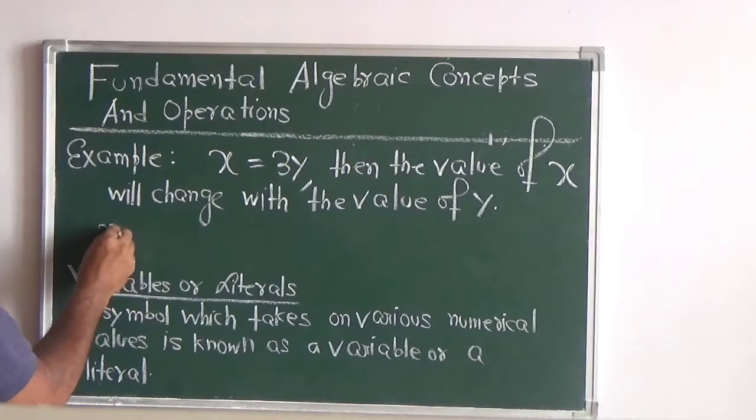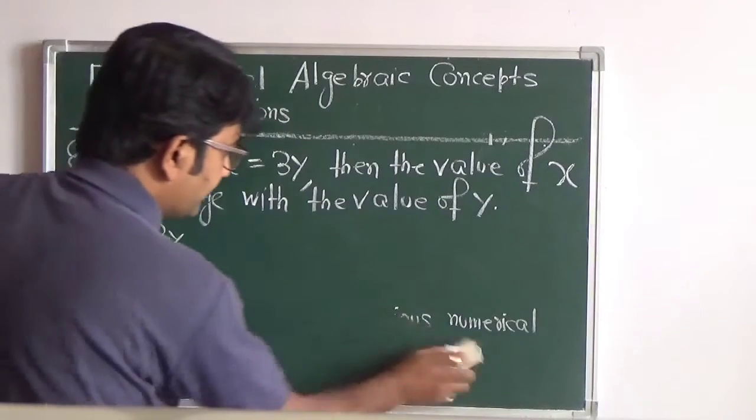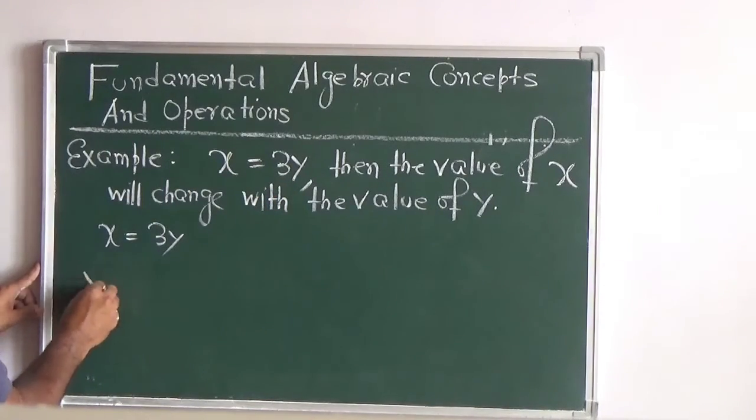So if x is equals to 3y, now if we take or assign a value like this, suppose y is equals to